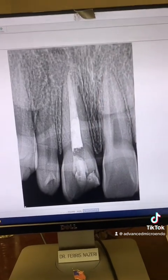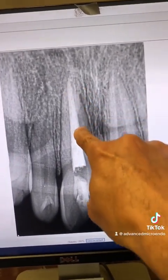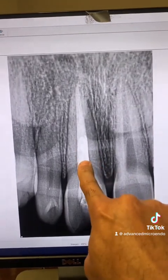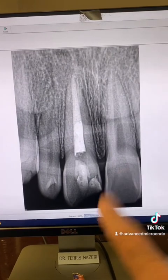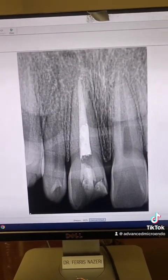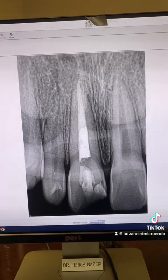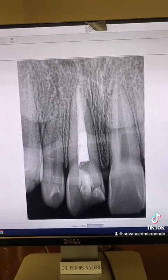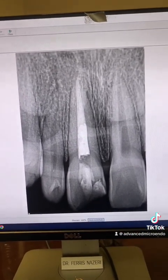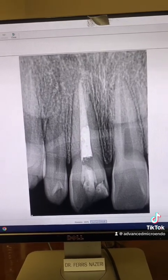Last words: be excellent, be meticulous, be obsessive compulsive. It's good for your patients. And here it is. As you can see, everything went beautifully. That's white MTA right there, and this is gutta percha and sealer. We temporized the tooth and referred the patient back to her dentist. Mom just told me that her daughter, the patient, has an appointment with her dentist tomorrow morning, and the dentist will make this tooth look nice aesthetically for the patient. But as you can see,